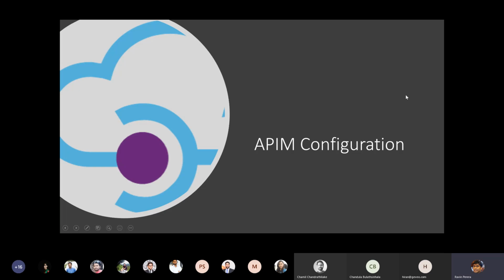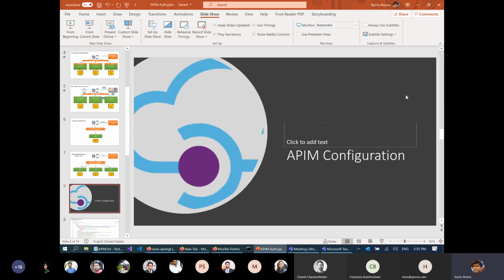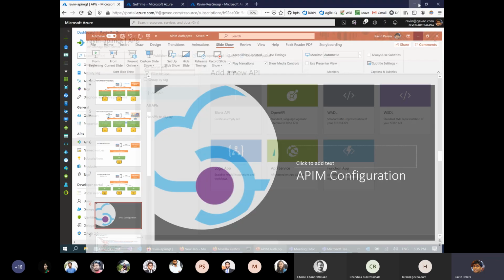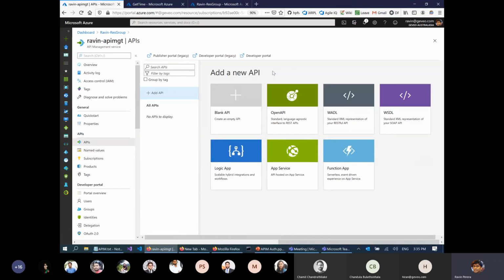Now let me show you some Azure portal and how we can do these things in API management. I'm not going to do any coding or set up a project, because you won't remember it anyway. I just want to show you that this is possible and how easy it could be. I know that Chandula also did a tech talk regarding API management separately in the past, so I'm not going to explain API management itself.